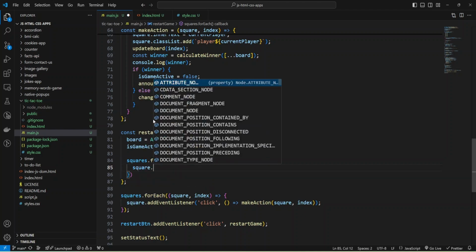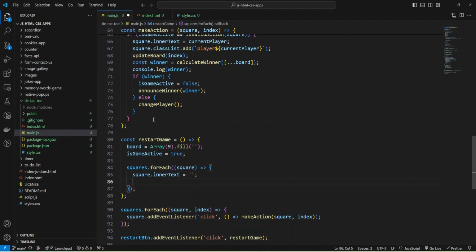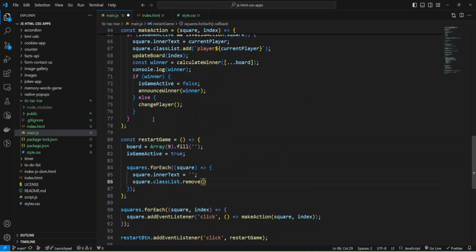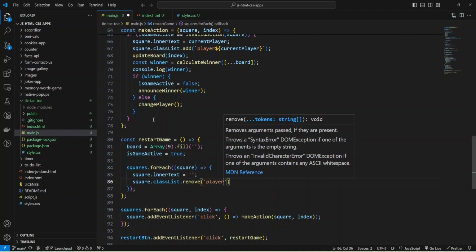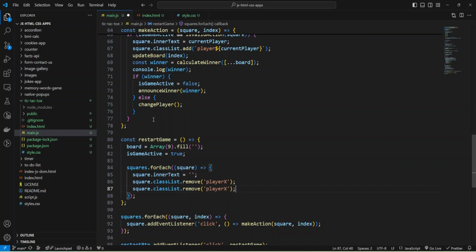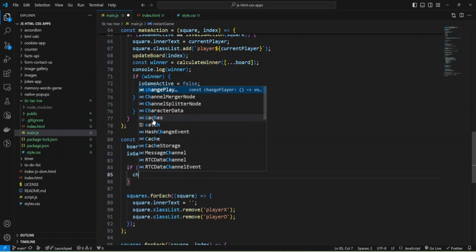Square inner text will be empty string, and we need to remove all classes with square class list remove player X and also player O. And also in restart game function, we can change our player to X. Current player equals to X. Then we'll change our player.